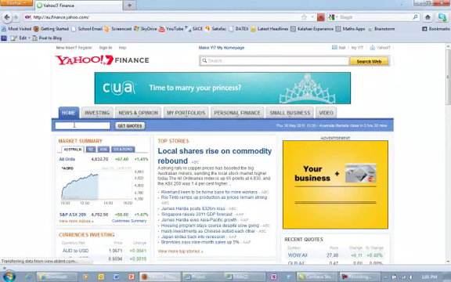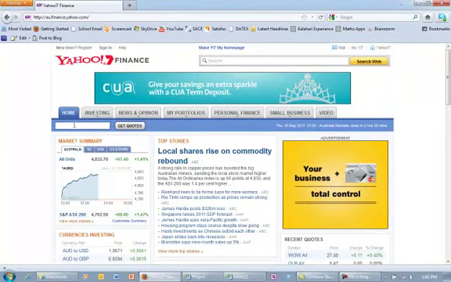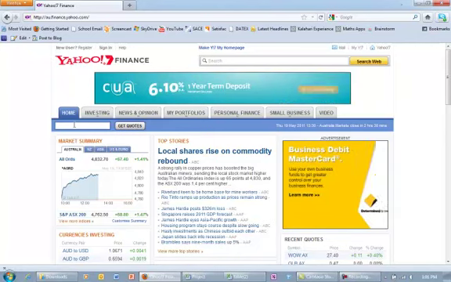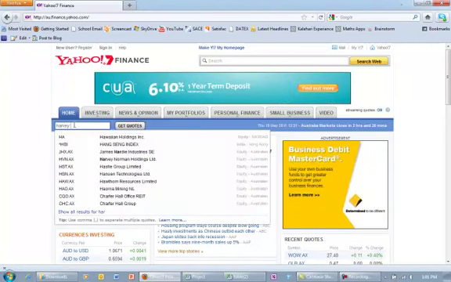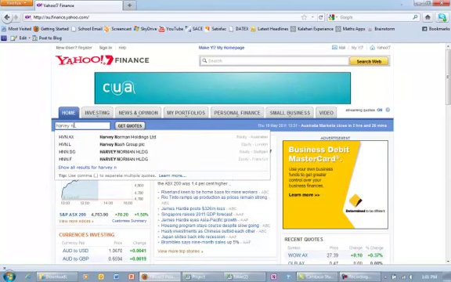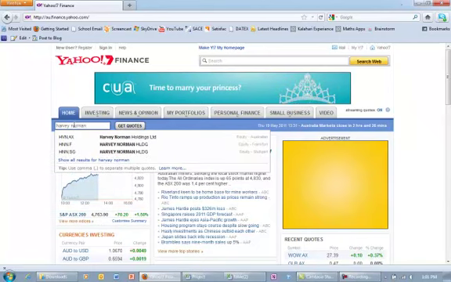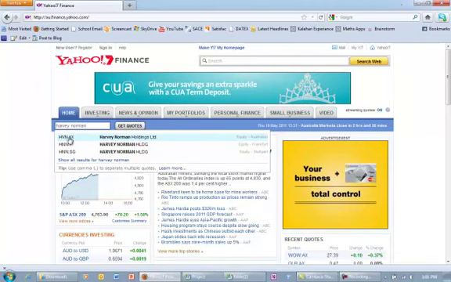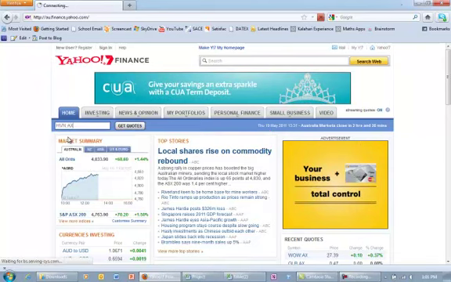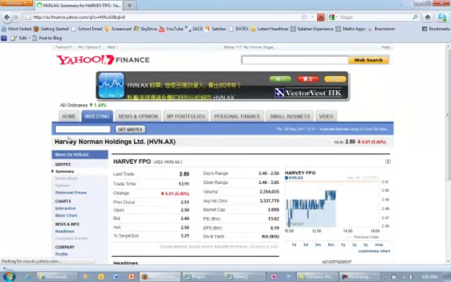Now, you want to type in the name of a company, grab the code, and then search for a price. So let's have a look at, let's say we've got Harvey Norman. I don't know what the code is, so I'm just going to type in Harvey Norman, and it comes up with Harvey Norman Equities. Beautiful. And it's got the Australian one, so I'll click that one there,